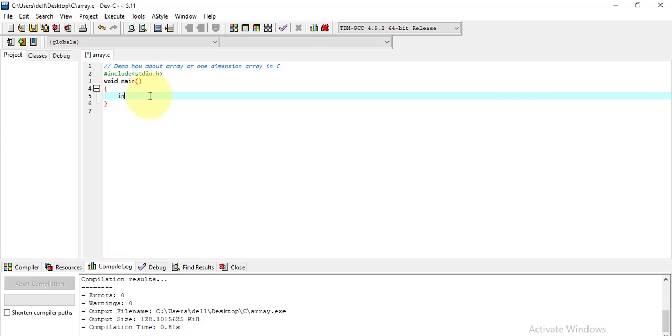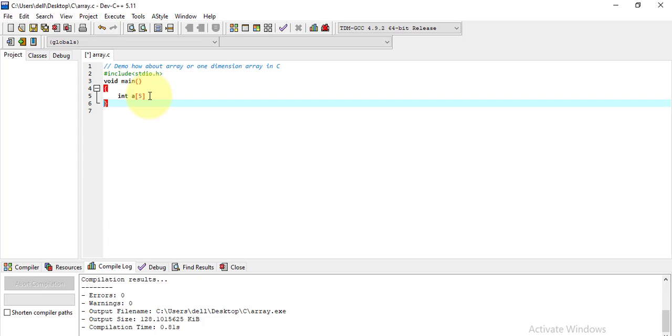In this case, I'm using the data type int, and for the array name I am giving a, and here in the big bracket, I have to declare the size of the array. So I'm using 5 for the size of the array. And the first thing I need to do over here is to